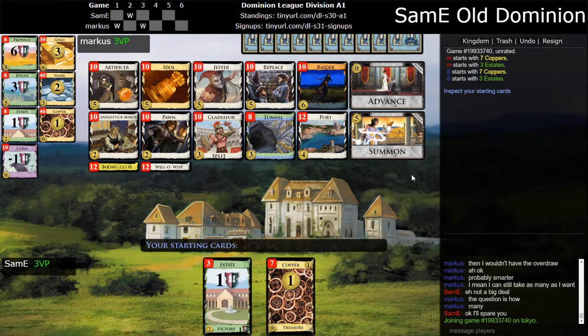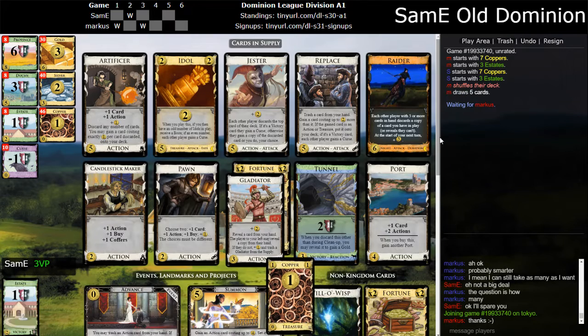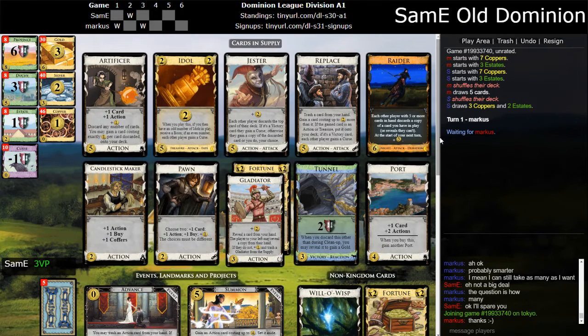Okay. What do we see here? You can summon whatever. Okay, so there's villages galore with the ports. You can replace into decent 2s. You can also replace the estates into